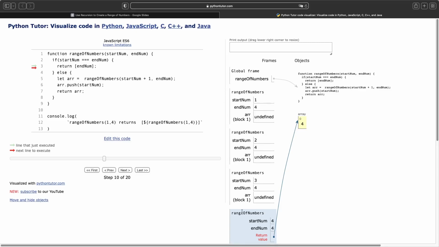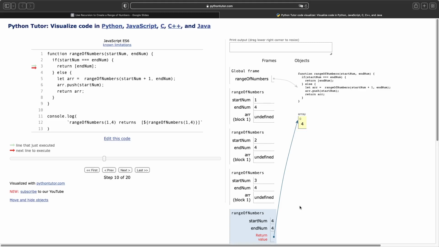We can see the stack. A stack is a data structure in which the last element that was added to the stack is the first element that is removed from the stack.